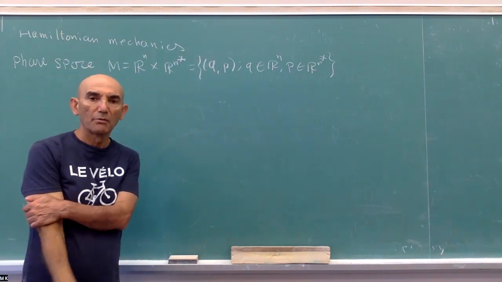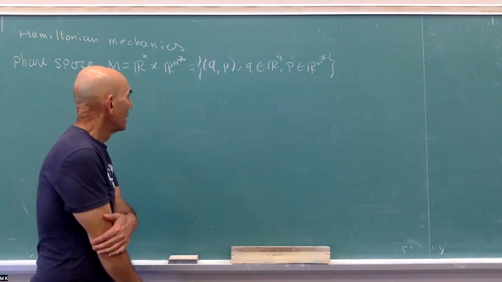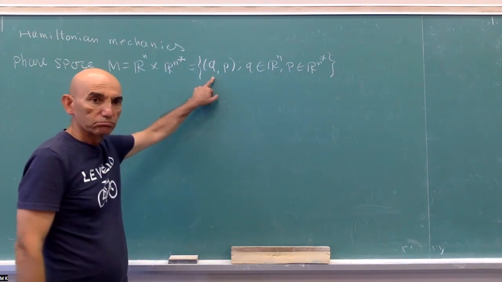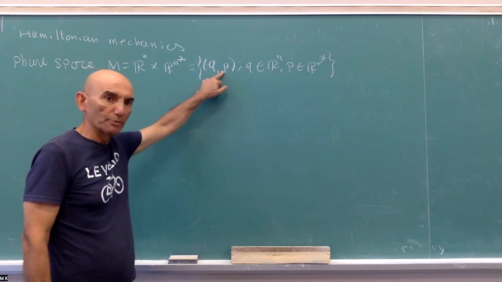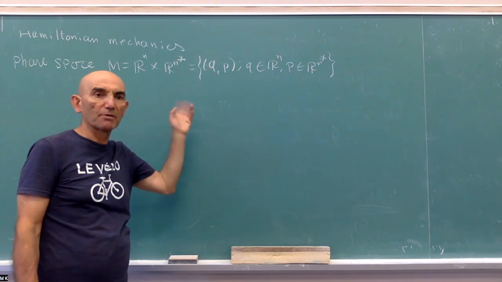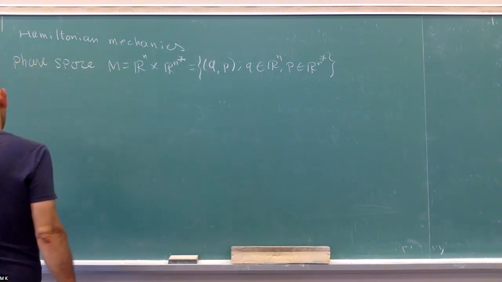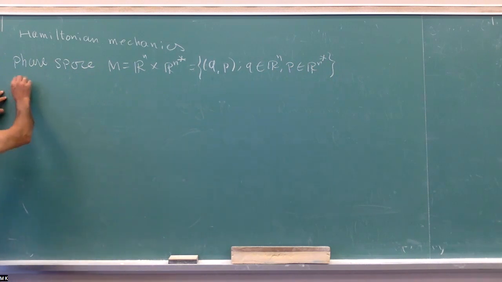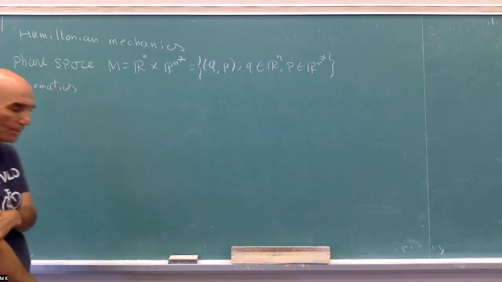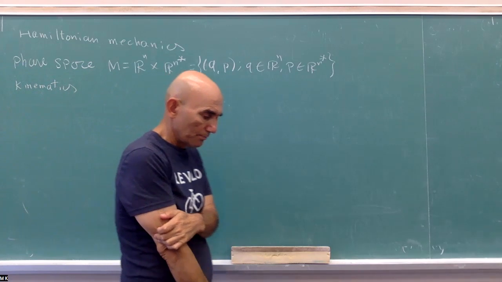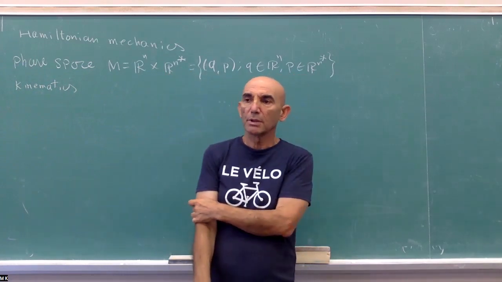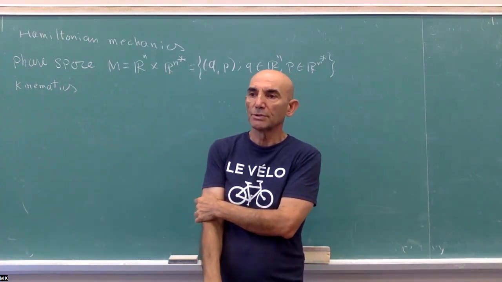Okay, so this is called position and this is called momentum. So phase space consists of pairs of position and momentum. Now, so this is kinematics. But where the motion is derived from,